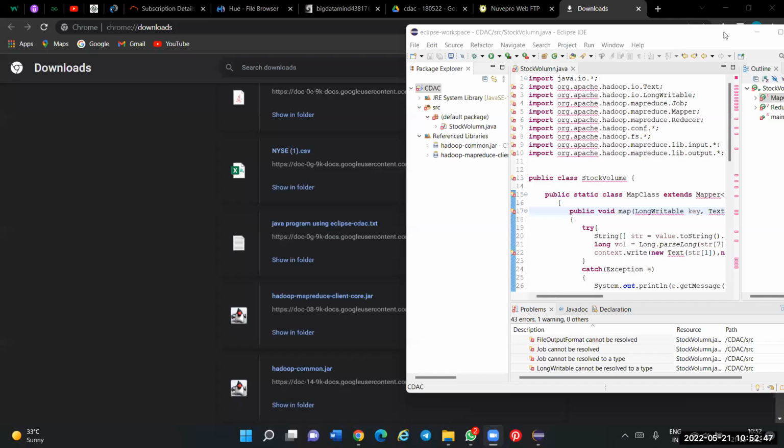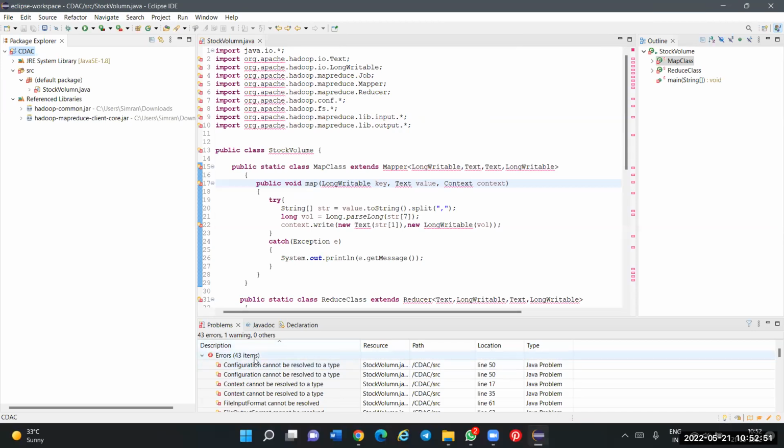सर यहाँ पे एरर दिख रहा है, 43 एरर्स। हाँ तो आपने वो 2 एक्सटर्नल जार्स ऐड किया सिमरन जी? यस सर। शेयर योर स्क्रीन। सर वो जार फाइल का पैकेज CDAC लिखा नहीं होगा सर ऊपर। डिफॉल्ट है, जरूरत नहीं। नहीं इंपोर्ट जावा के ऊपर सर पैकेज CDAC लिखने के बाद हो जाती है एरर सब। सेव कर।